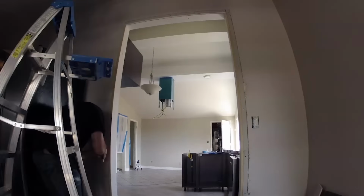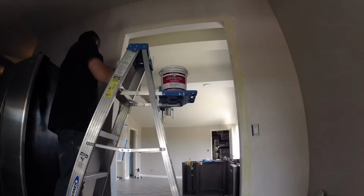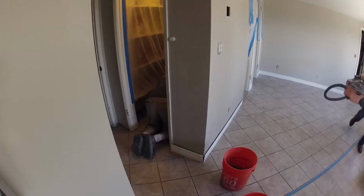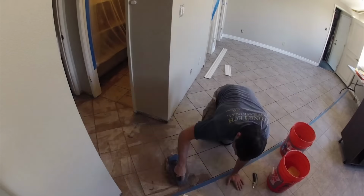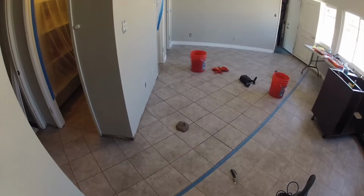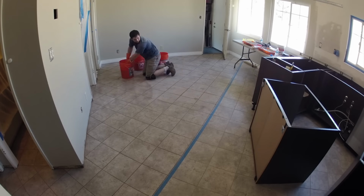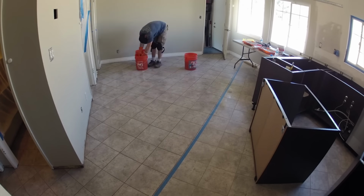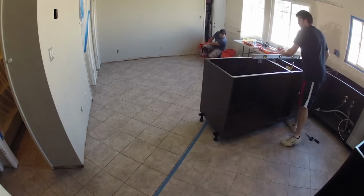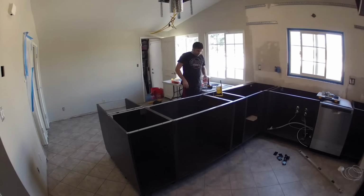So here we're on another next day morning, and I'm just continuing on with the drywall sheetrocking. Again, this is a multi-part process of mudding, sanding, mudding, and sanding to get a good surface. Here Neil is continuing on grouting the floor. So the previous day he'd gotten the rest of the kitchen floor tiling set down, and so now he's just doing the rest of the grouting, and we just have to wait for that to be done to continue on